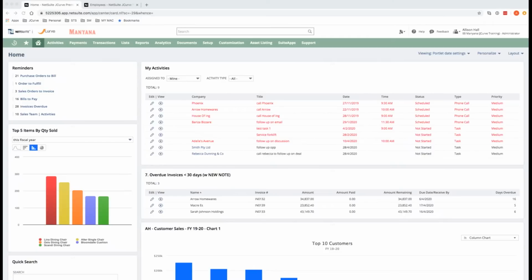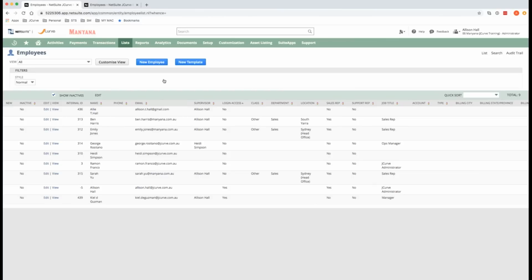Okay, so now that we've taken a look at what the process is from the employee that is requesting the purchase, I just want to take a moment to jump into the employee record so you can understand where those settings are set, and then we will take a look at what the approver sees. So just to jump into the employee record, you would go to Lists, Employees, Employees. Okay, now the employee that we were just going through that process of raising the request from was this record,